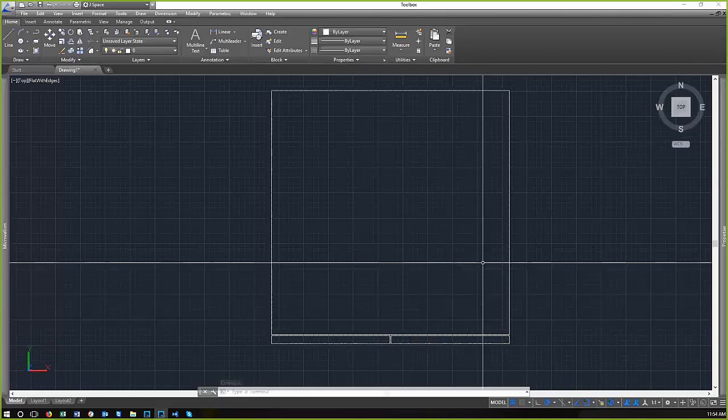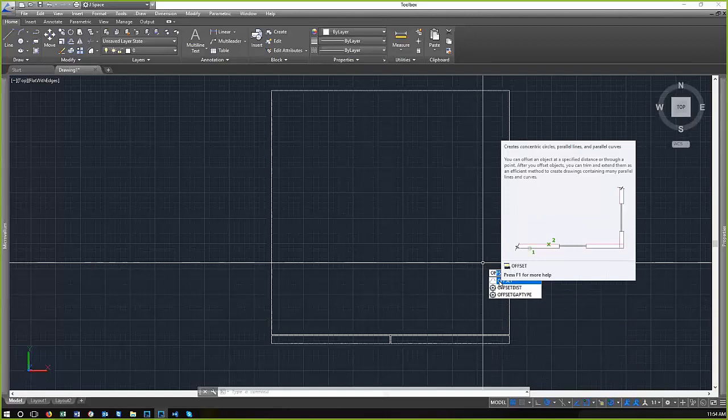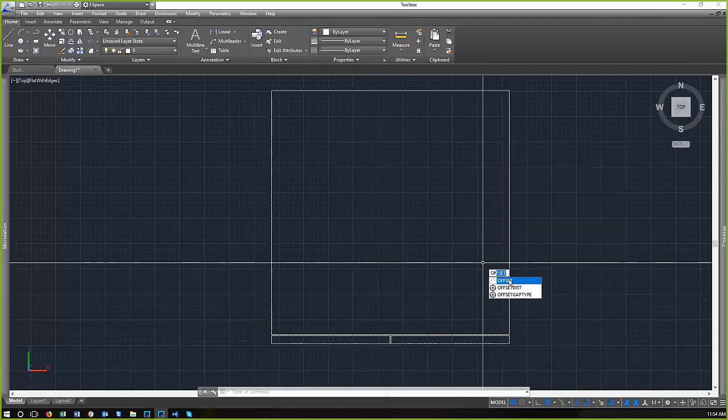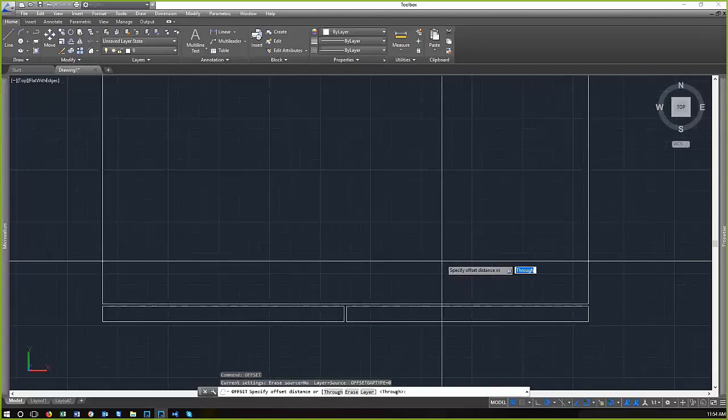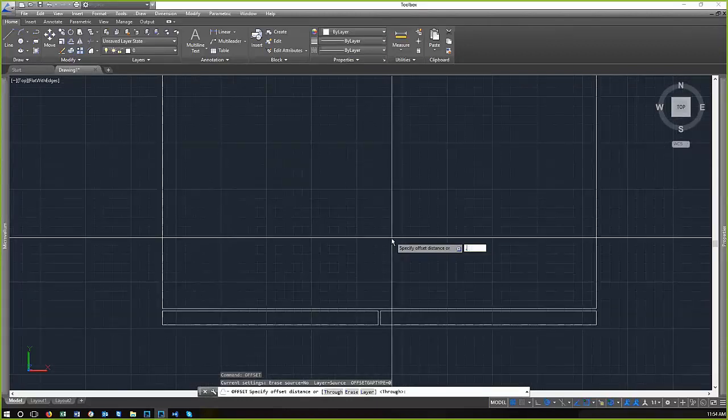We can do an offset command. OF is going to bring up offset. Offset's a command that will create parallel lines from your source object. So I'm going to offset and then specify the offset distance. We're going to just call it 0.75. Could be something else, but if you know your thickness, you can do that instead. So 0.75 offset,